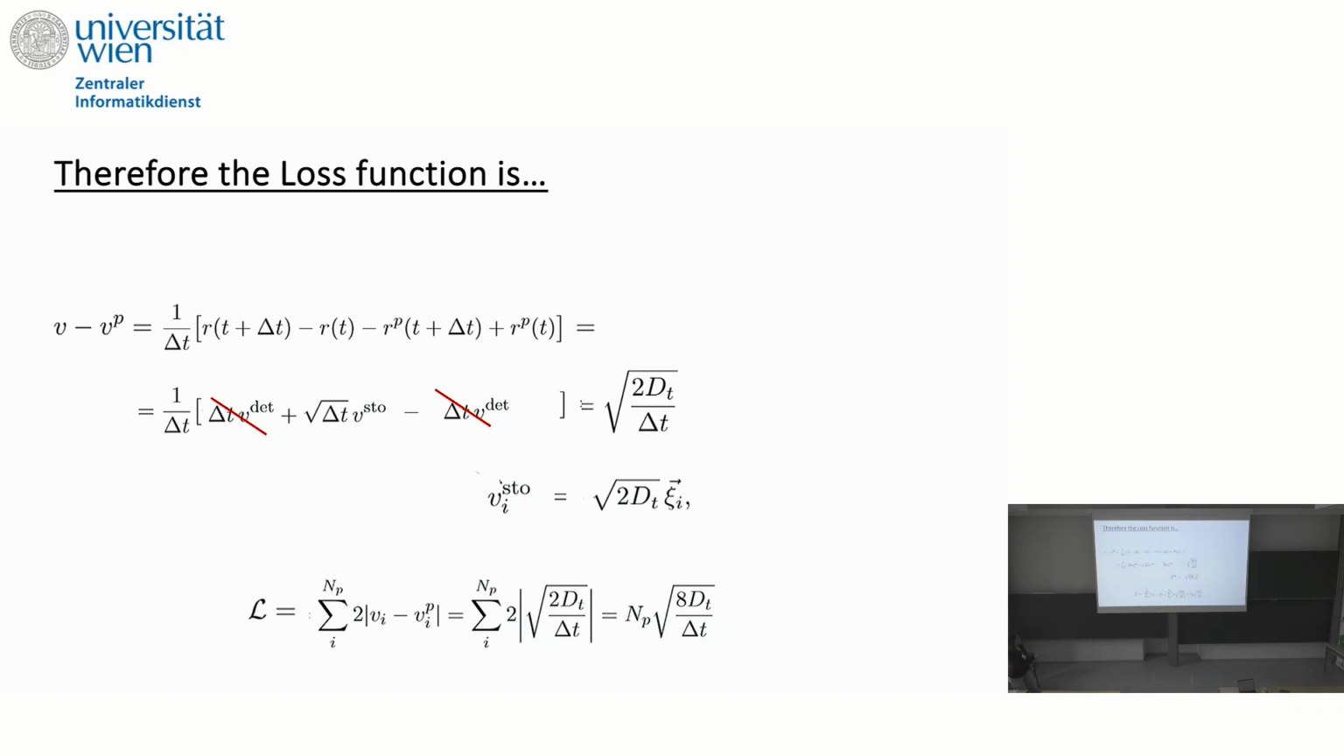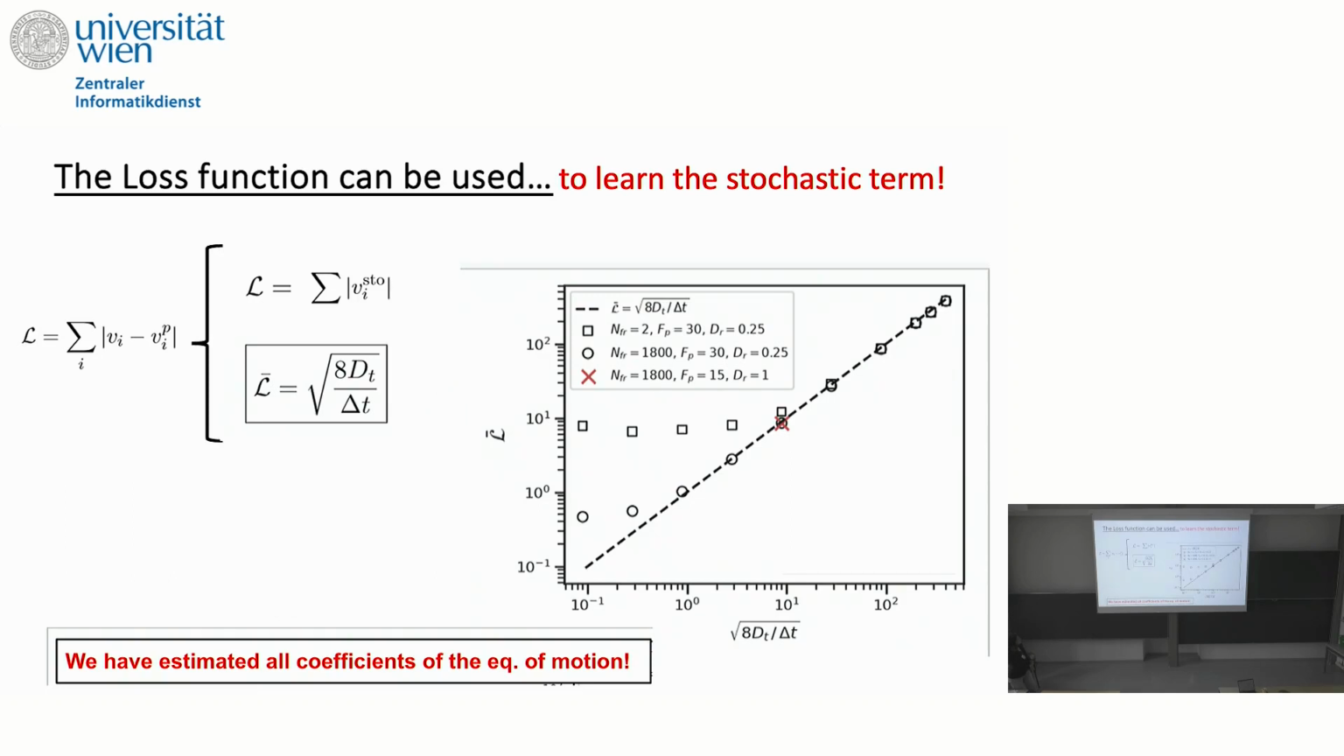So dt is what we were looking for. So the translational diffusion coefficient can be learned from the loss function. And we tested this by computing it for just one of our numerical systems, active Brownian particles that interact repulsively. And I just stress that this is a log-log scale. So, plotting the loss function as a function of the square root of 8 dt divided by the delta